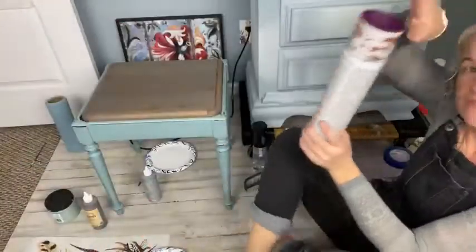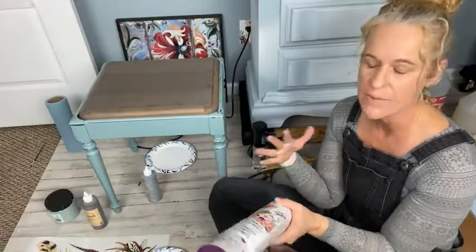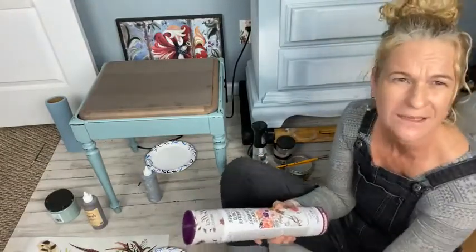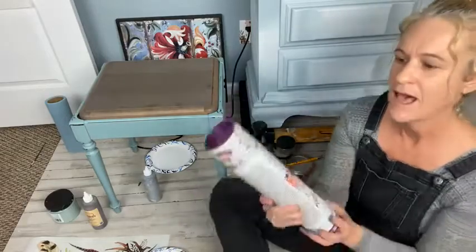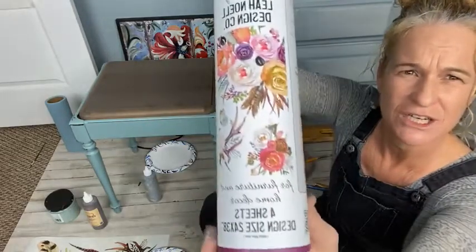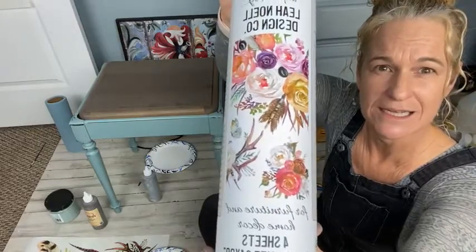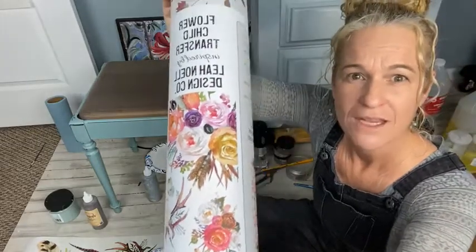So you guys, these are the new transfers from Dixie Belle, and this one is inspired by Leah Noel Design Company, and it's the Flower Child Transfer. So when you see the outside of the tube, it looks like it's going to be kind of...